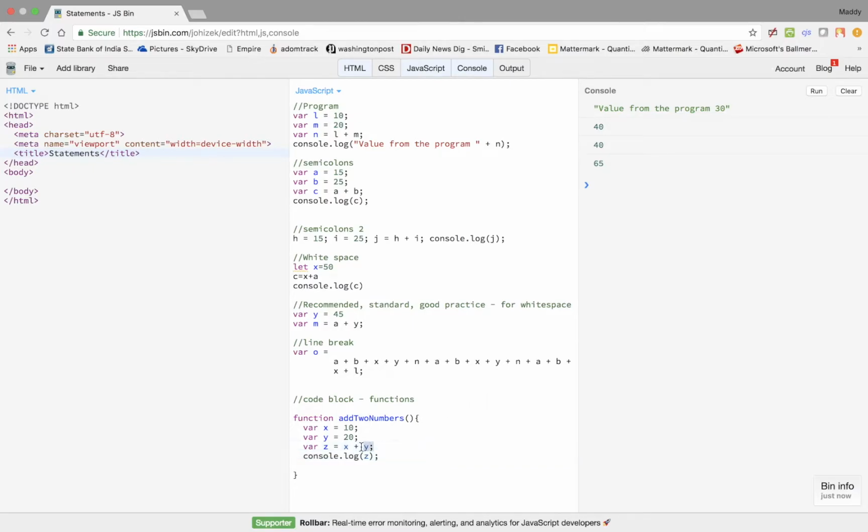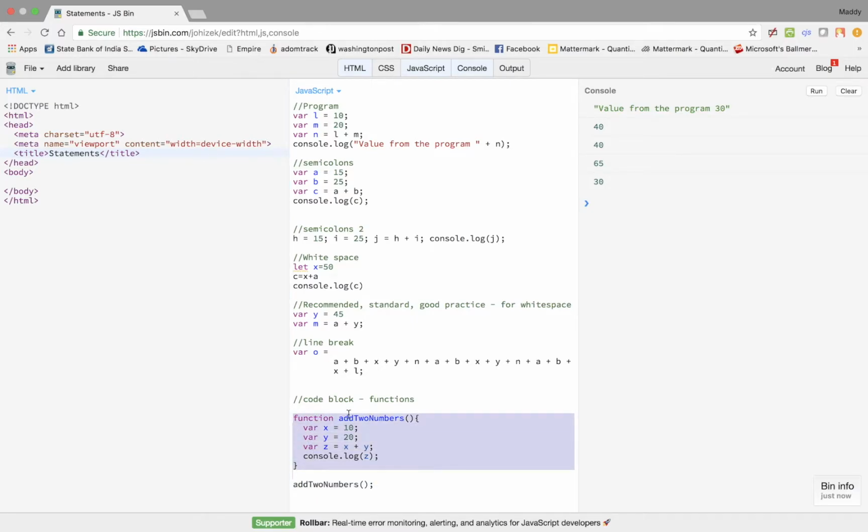So here is what it is trying to do, and every time I console log, it does this. So now what will happen if I call upon this function, and when I do, it prints 30, because 10 plus 20 is 30, and this whole thing is called a